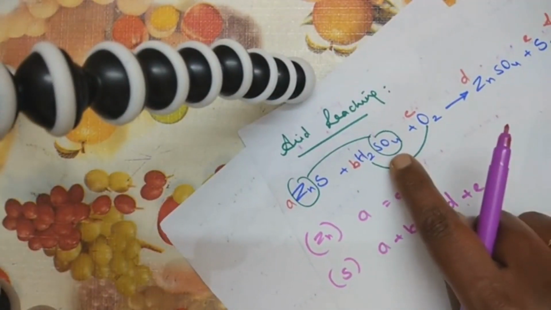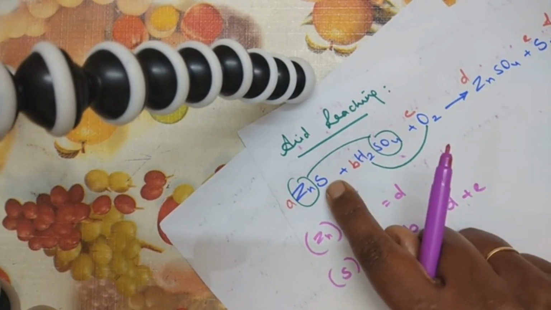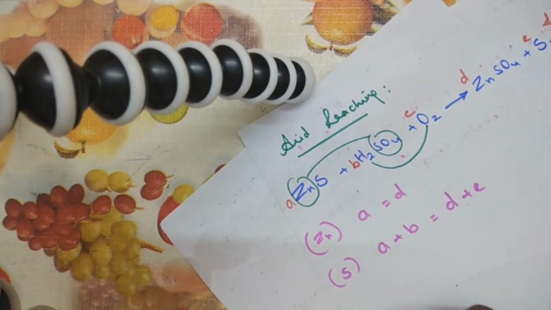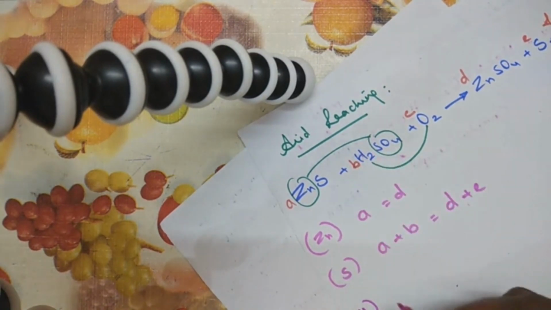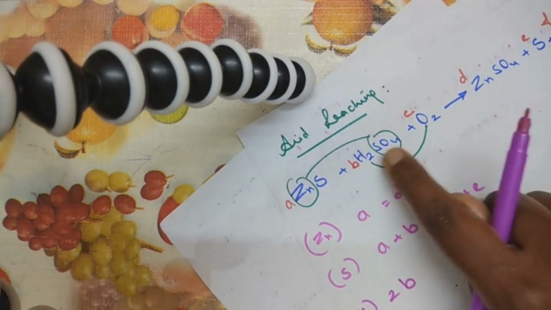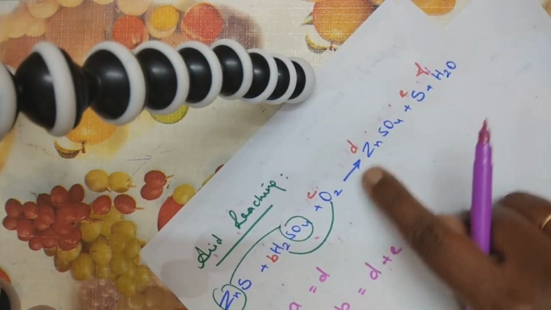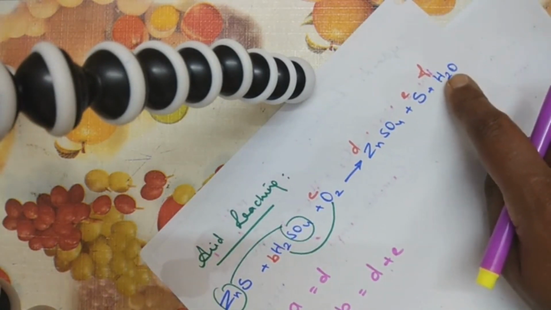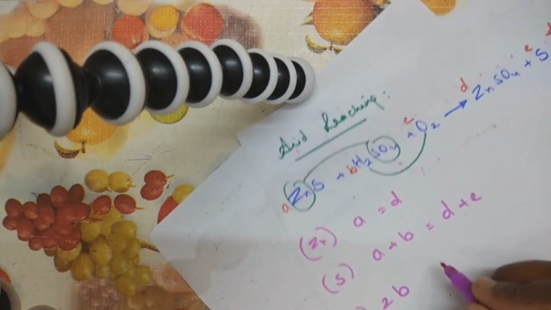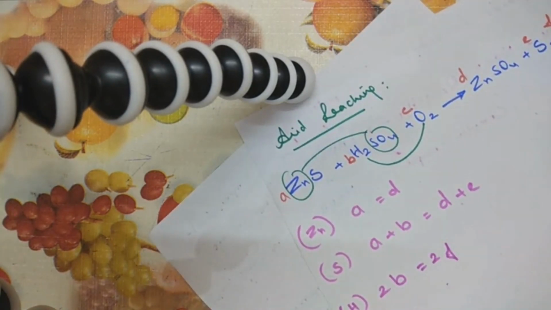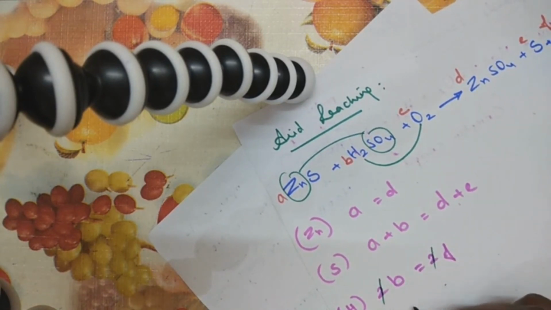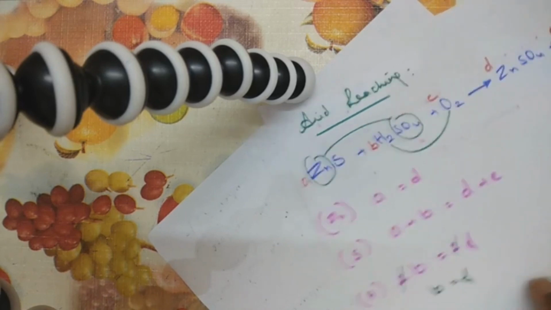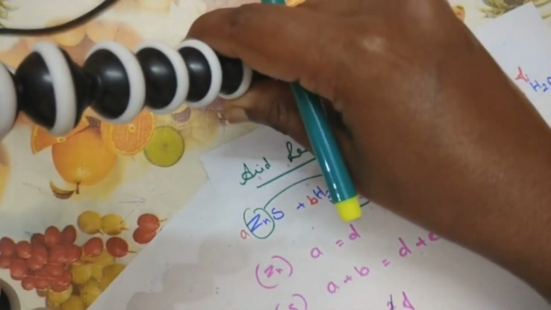Now I'm moving on to the third one. Zinc is over, sulfur I have expressed. Now in terms of hydrogen. How many times do I have hydrogen? 2 times. So 2B. Nowhere else I've got hydrogen. On the other side, how many times hydrogen? 2 times F. So 2B is equal to 2F. Since 2 is common for both, I can also write B is equal to F. So over. Now the last one, what is left over?